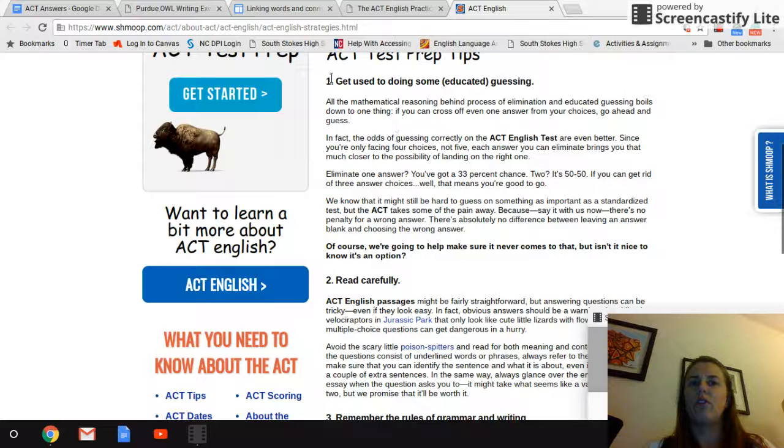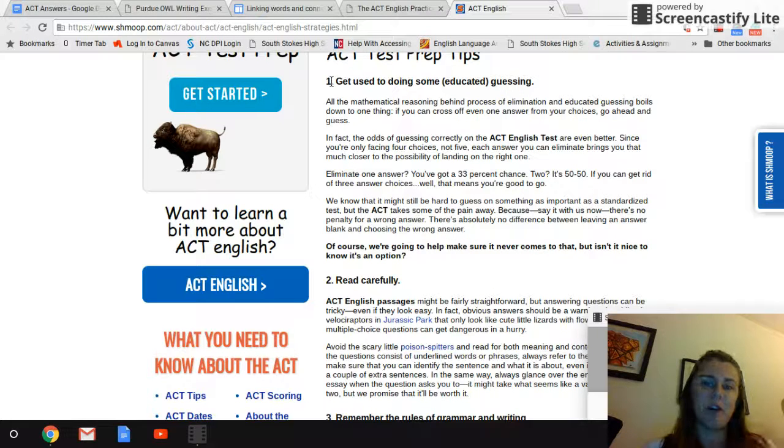The first one is what I told you last week, so I'm reviewing this with you: you need to get used to doing some guessing. Don't waste time on questions that you don't already know, that don't already seem natural to you. If you're stumped by a question, skip it or guess on it. Leave it blank, come back to it at the end if you have time.